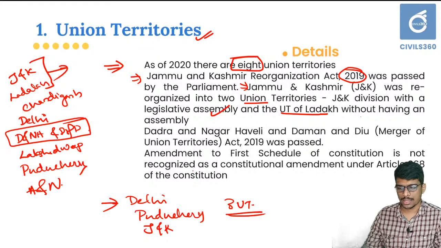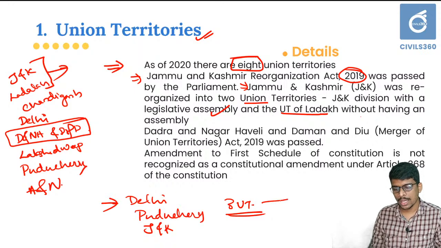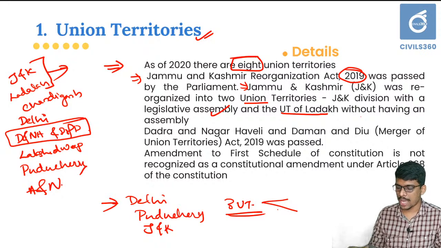Next, static relations. You should connect with this, and you should also understand the powers of the legislative assembly in each of the union territories, and the role played by the governor or lieutenant governors of union territories and the president. The president plays a major role in Dadra and Nagar Haveli, Andaman and Nicobar, etc. You should also learn that, because these connections can help you get more questions in Indian polity.